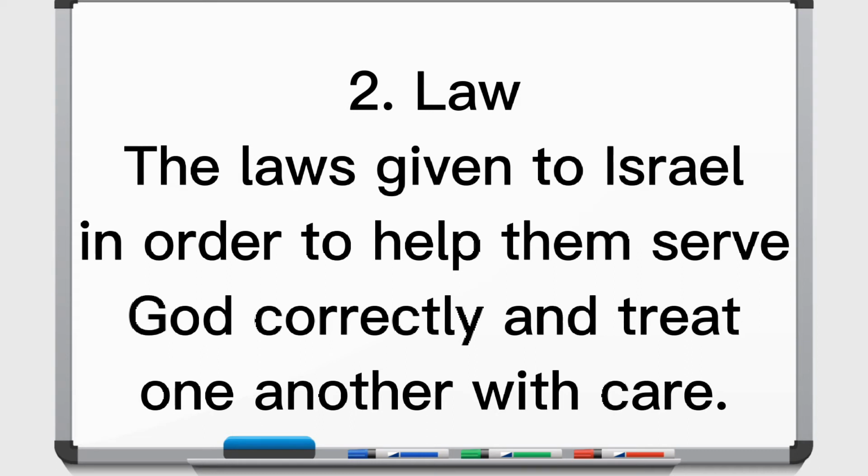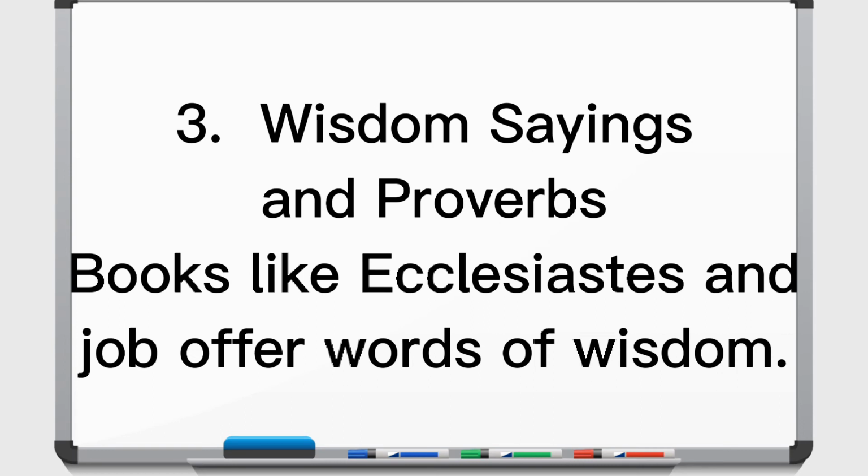Talking about the law, I know the first book that should come to your mind should be Deuteronomy. If you have gone through Deuteronomy, you see a lot of laws. Starting from Deuteronomy chapter 5, you see a lot of laws there, right? Then we also have Exodus, we have Leviticus. So that's another genre of literature. The first one I said historical narrative. Then the second one I said the law. Alright, so let's go to the third one.